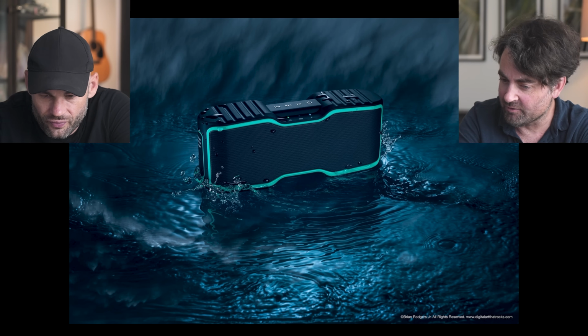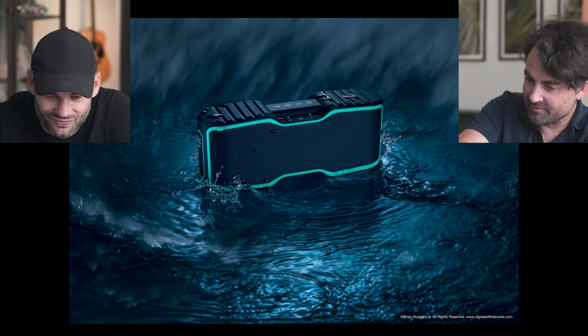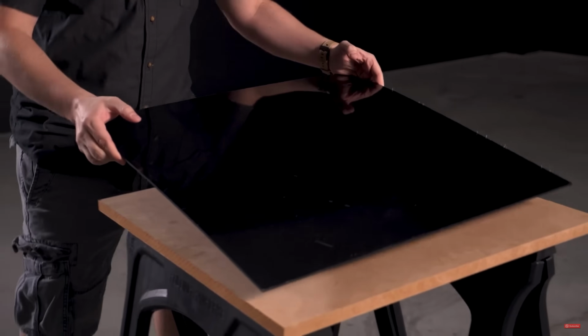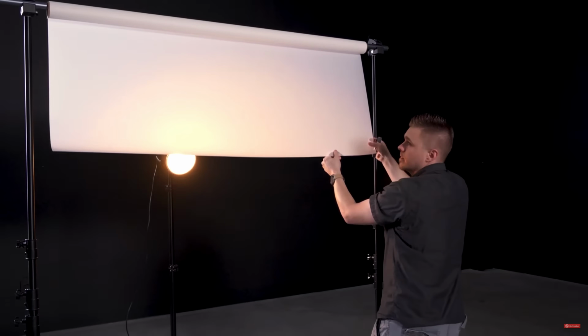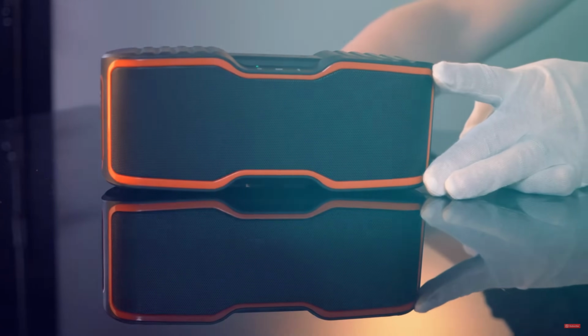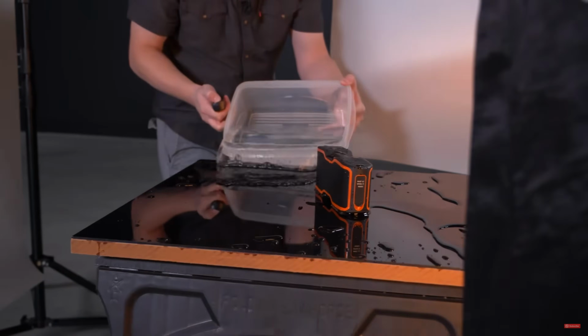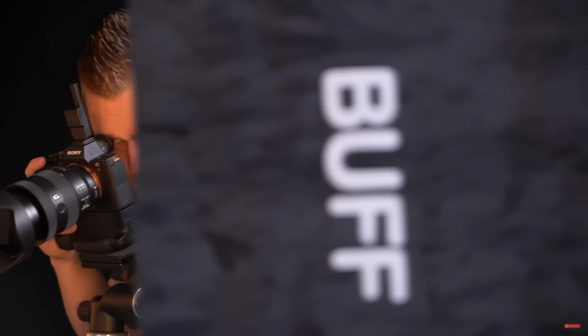And then would he have like a fan running and having somebody with a stick just to make the water turbulent, and then you just take a bunch of shots for the water? And then I would imagine that the water droplets coming up off the product were shot at a separate time. So Brian does not say how it was photographed. Probably, again, it's so complicated, I don't think he could explain it in a few paragraphs,